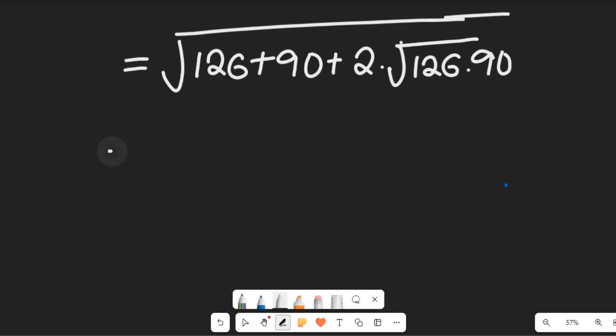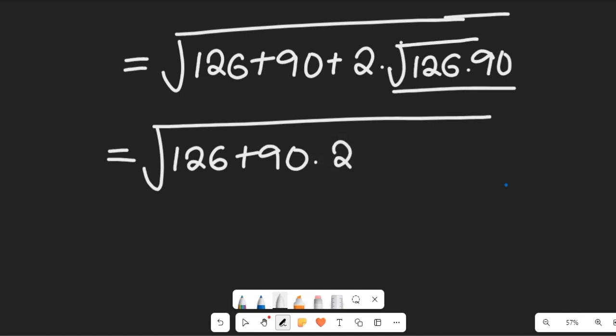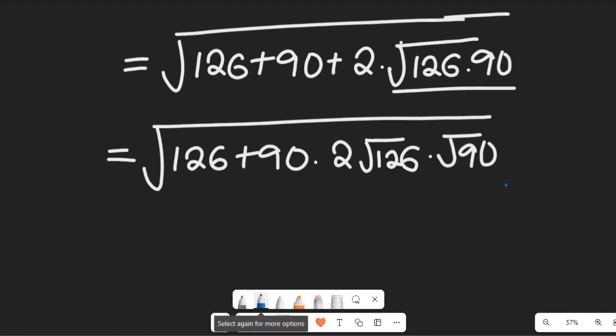So this can now be equal to, the rules of indices give me the permission to break the square root. So I have 126 plus 90 multiplied by 2 multiplying the square root of 126 multiplying the square root of 90. Great. Now if you look at that question very well, you'll come to see something: from this expression I can simply decide to do something,